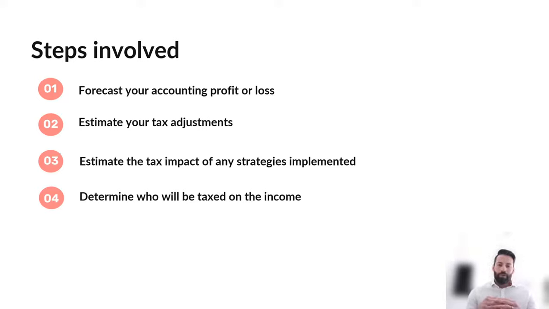Once you know the taxable income, it's then important to identify who's actually being taxed on that income. So if you're a sole trader, that's going to be pretty straightforward because you don't have any flexibility. It's all taxed in your name. Whereas if you're in a trust structure, for example, you might need to make trust distributions before the end of the year and determine who that money is going to be distributed to. So it's important to identify who's actually going to be taxed on the income, because everyone's different tax rates are going to impact the tax liability overall.